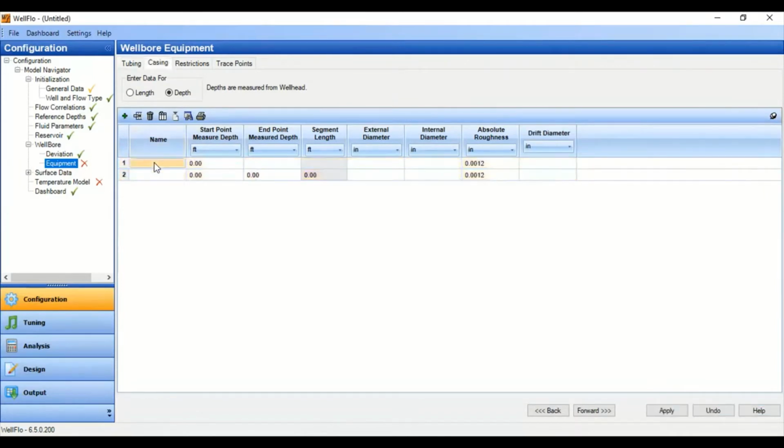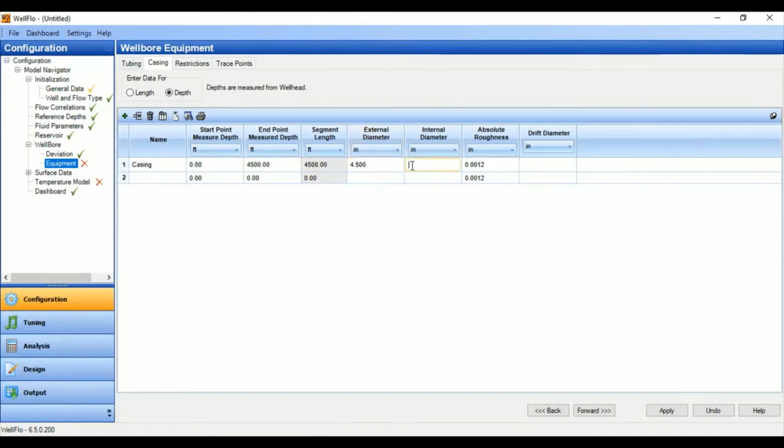Okay, casing 1, starting from 0 to the level of the bottom of our tubing, 4,500 with external diameter of 4.5 and internal diameter of 3.996 inches.